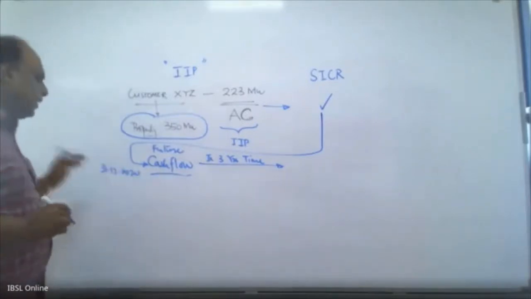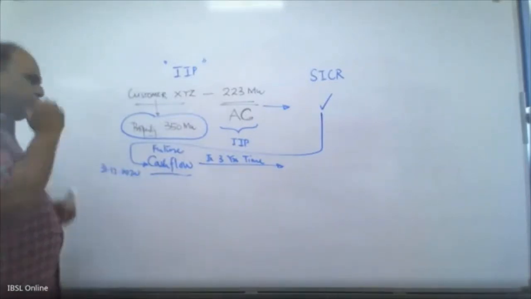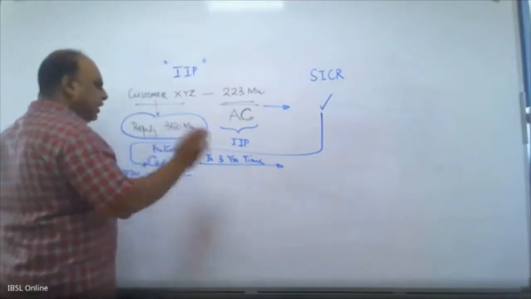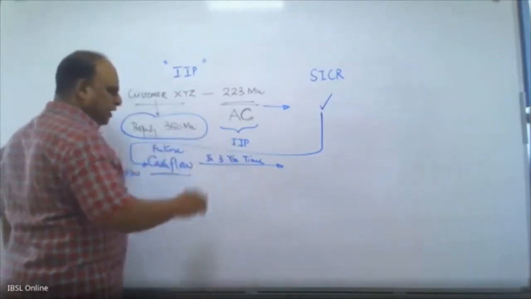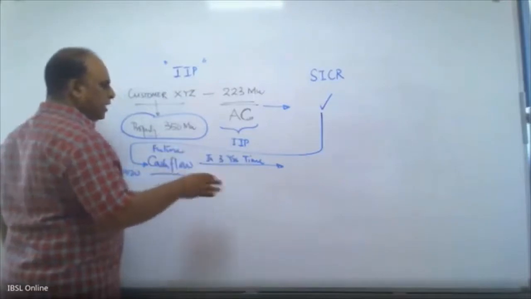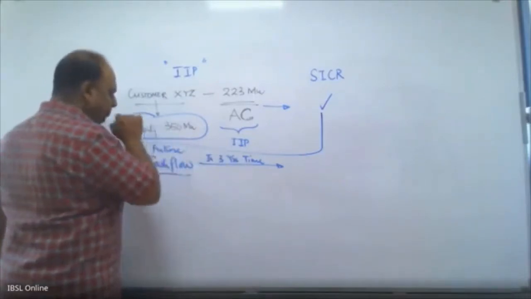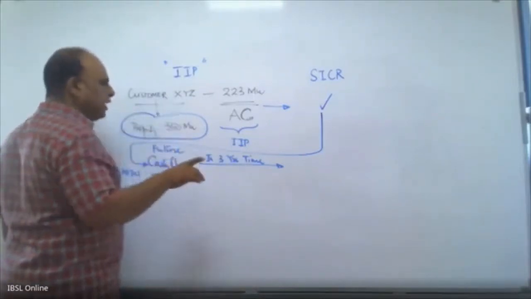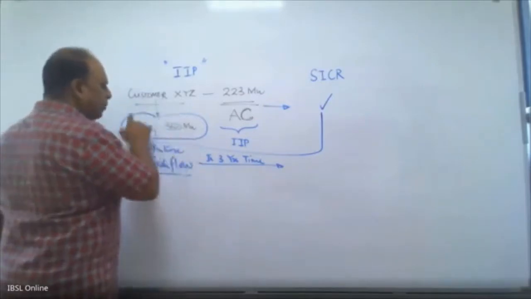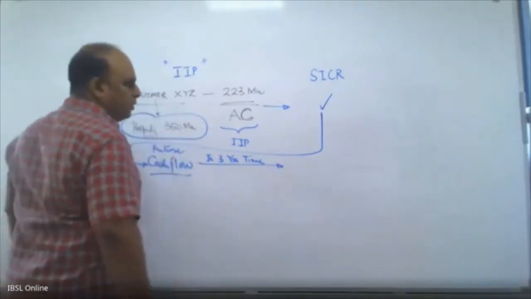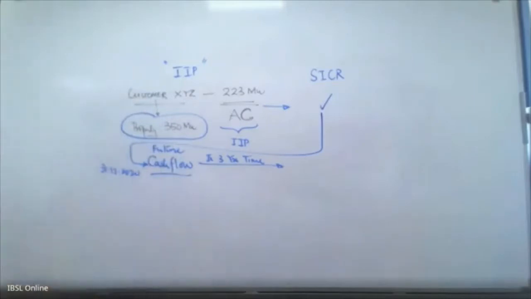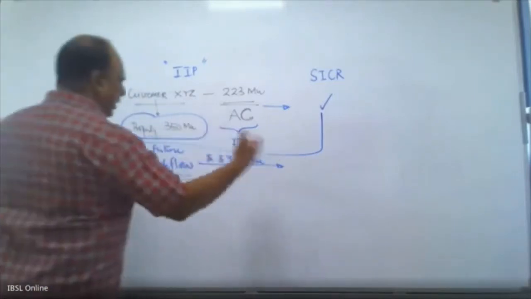I am expecting that if the customer doesn't pay for the next 3 years, somehow within the next 3 years I will go through the legal procedure and get approval to sell this property by auction